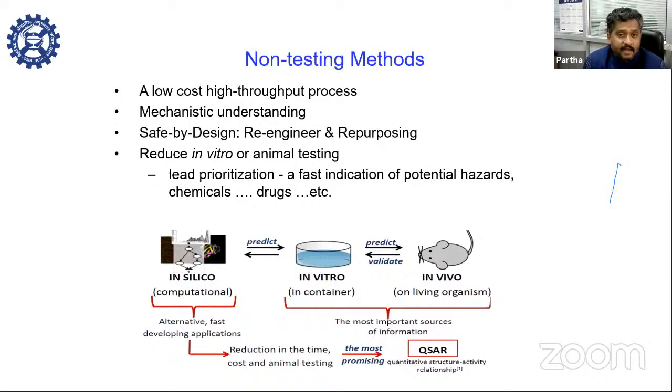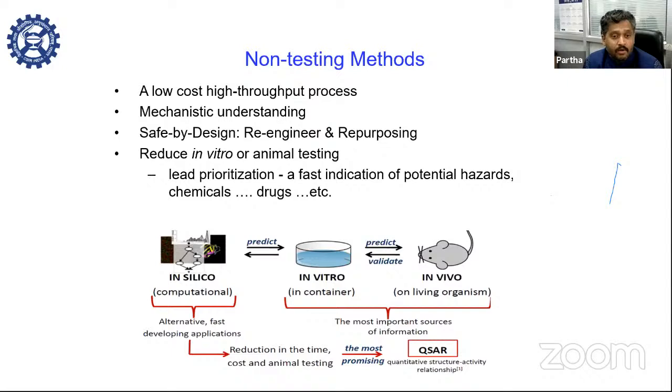I'll highlight the advantages very quickly. They are a low cost, high throughput process. You can study hundreds of thousands of chemicals within no time, within a week or so, depending on the accuracy of your model. They also provide a mechanistic understanding. Experimentally, mechanistic understanding is sometimes difficult or a time consuming process, but here, based on the structure, you can understand at the molecular level how the compounds interact with the